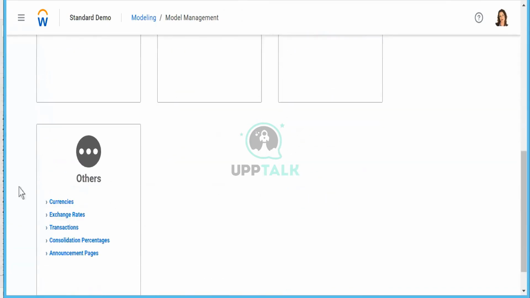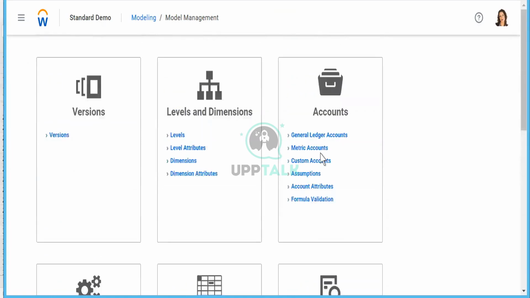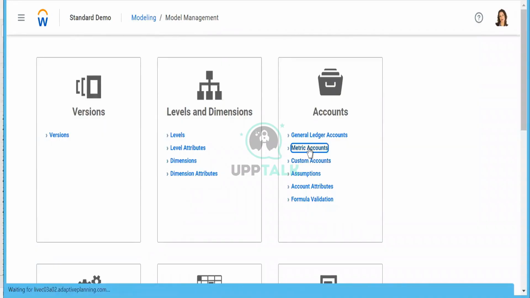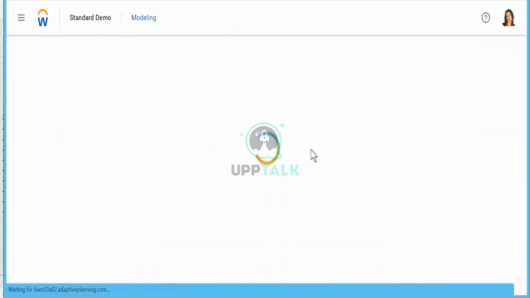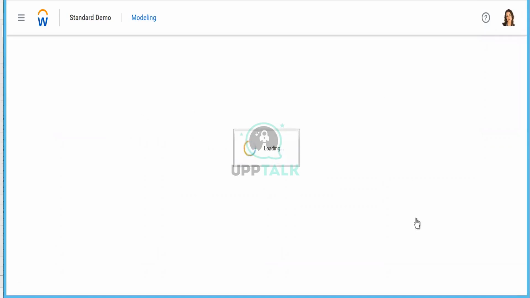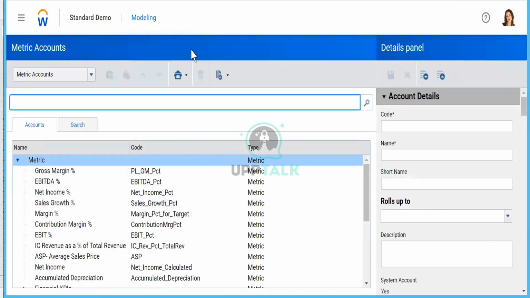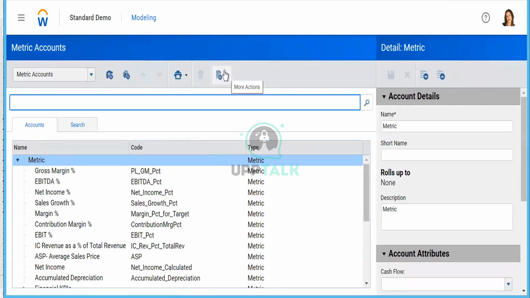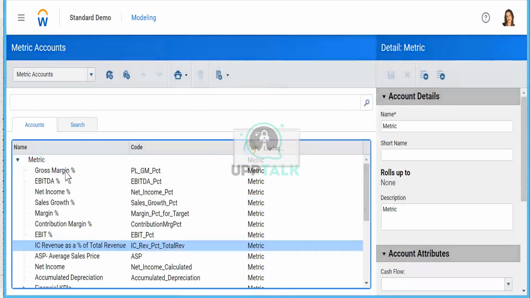You want understanding of the currencies and exchange rate. It's pretty much similar to custom accounts. You have the metric account structure. If you click on metric accounts, the entire panel at the top and on the right hand side will be the same. You can create the financial ratios here.